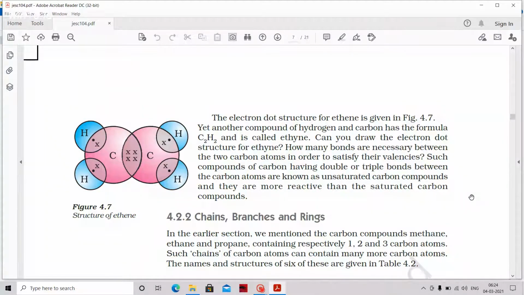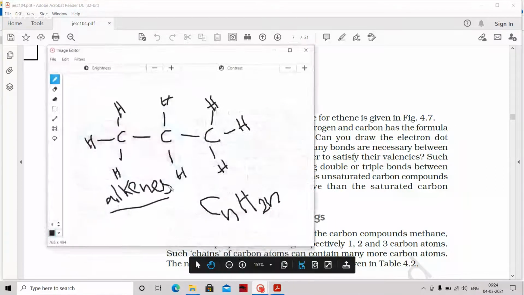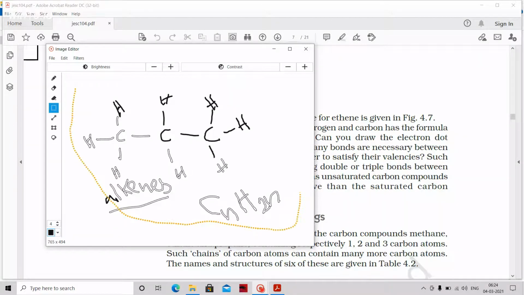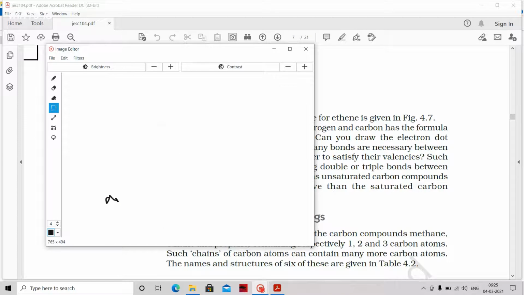I can also have alkynes. That means I can have a triple bond. We can come here and see how the triple bond forms. Clear? So we will remove this and now we will see the triple bond. For example, if I have one carbon here and another carbon here, I should give total 6 hydrogens. Then 6 means carbon-carbon single bond, and the remaining hydrogens go 3 to the respective carbon. Then it is saturated. In the second case, I have given 4 hydrogens. That time I got a double bond over here and two hydrogens here. So that we said is unsaturated and it is an alkene.